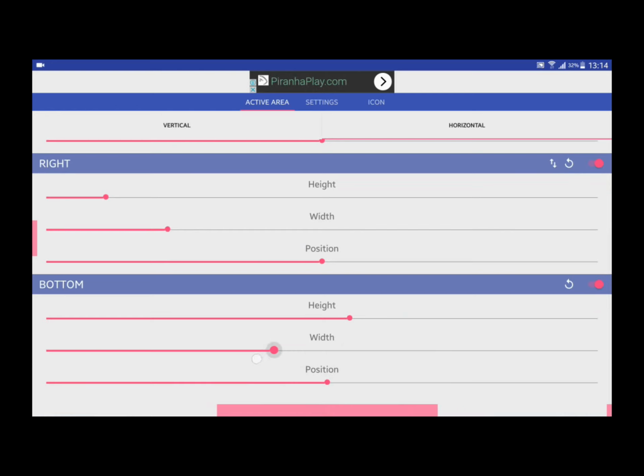Then the width, keep it small, preferably, because it will hinder your work. And the height should be a bit smaller. Same on the other two sides as well. This is for the right.